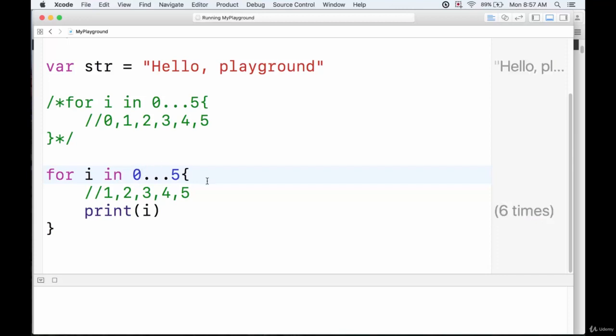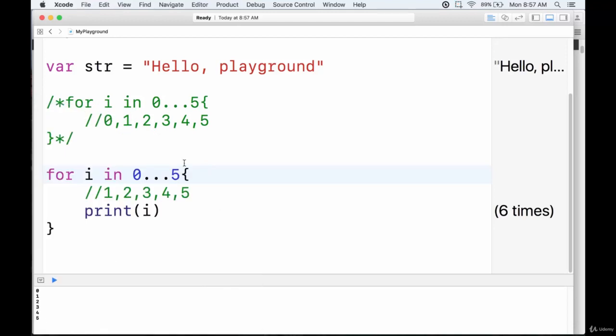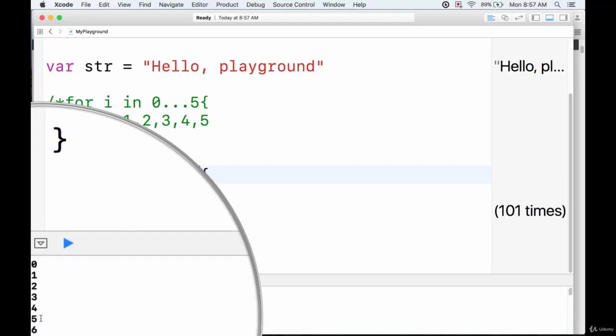So let's start this again and we'll run it. And you see there we get 0, 1, 2, 3, 4, and 5. What if we printed all the way up until 100? Well, there we go. You see in the console there, we get all of the values from 0 to 100